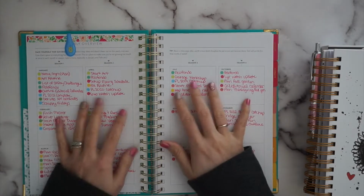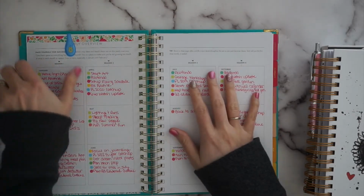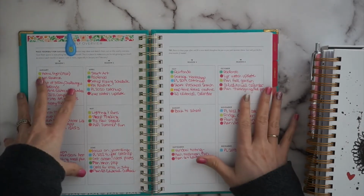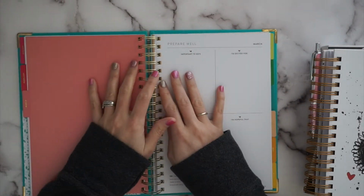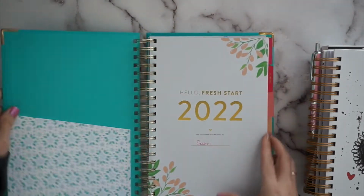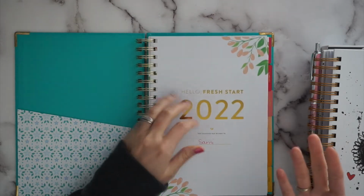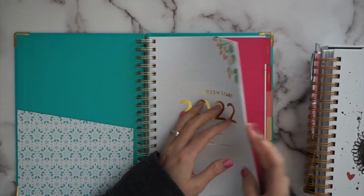And again, you could totally do this with any planner. You don't have to have just the Power Sheets planner. So you can divide it into quarters and put the months in and plan out your year like that as well. So I feel like I could totally get away with not buying one of these for next year and just using the tools from it, like going through the same exact prep pages and just filling them out again for the new year. I think that's where the magic is in the Power Sheets, is that pre-planning section and